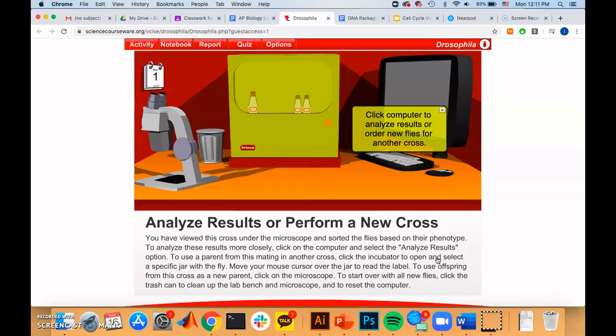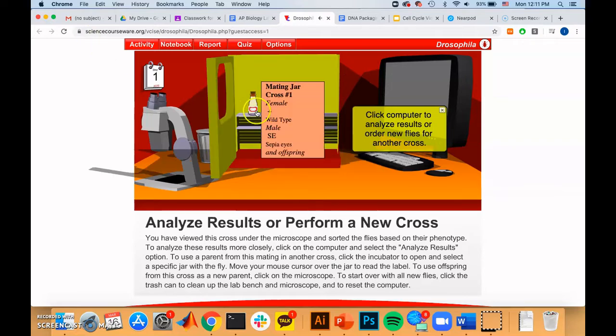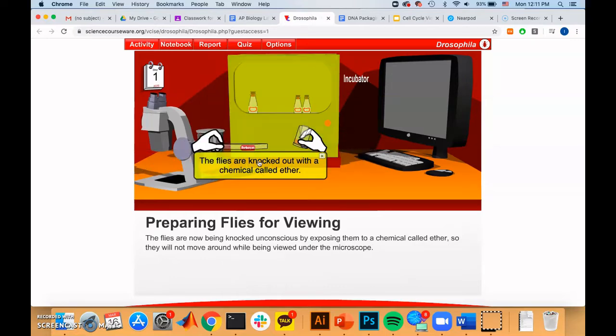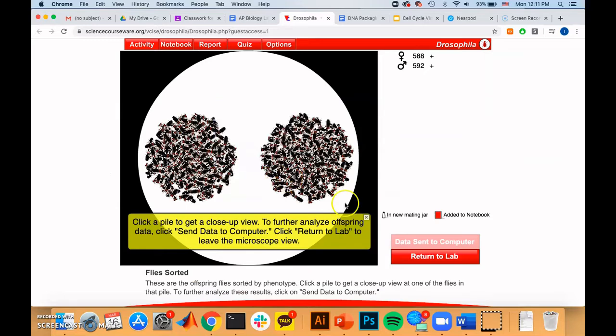So the flies that we just looked at were our first generation. It was our F1. Now we need to create our F2 using the offspring we just looked at. So, okay, actually, we have to go back to our sort. And then what we're going to do is if you click